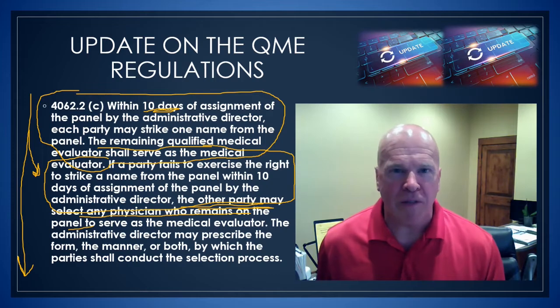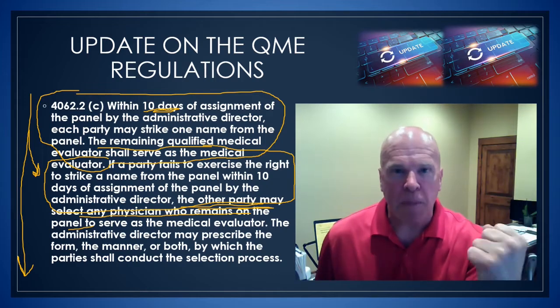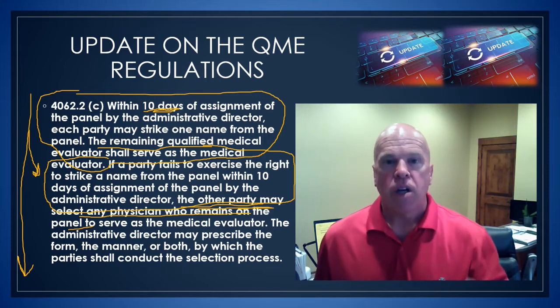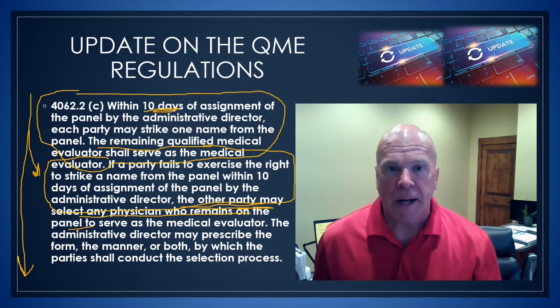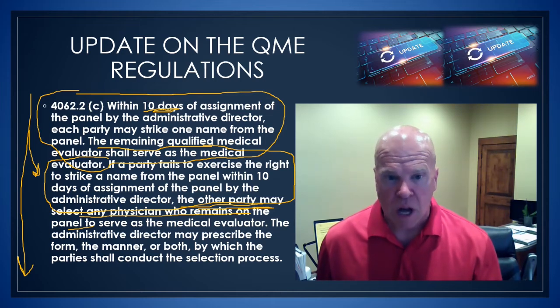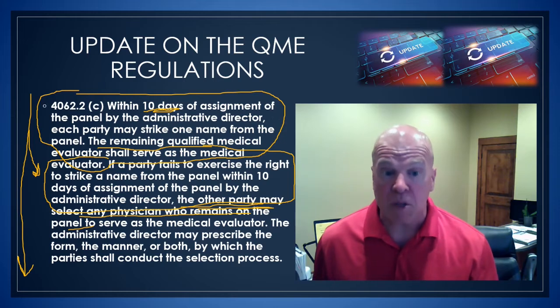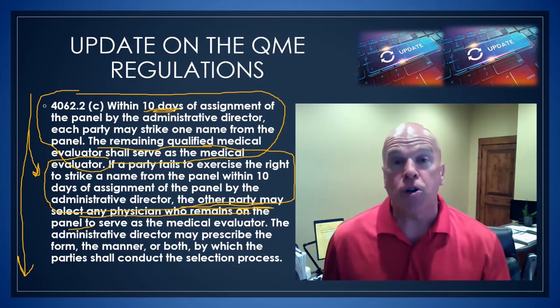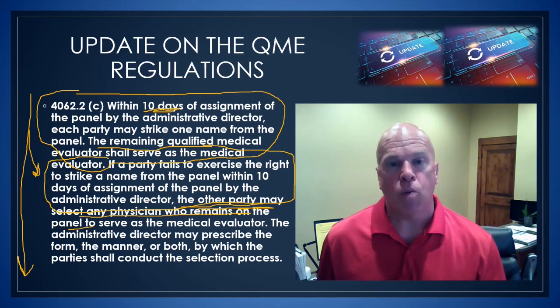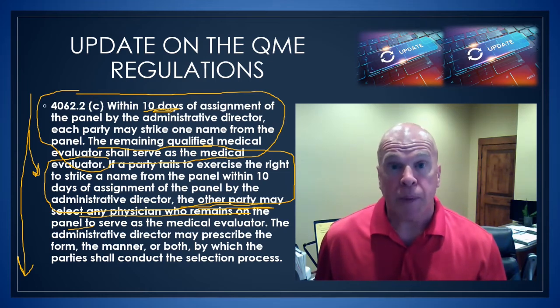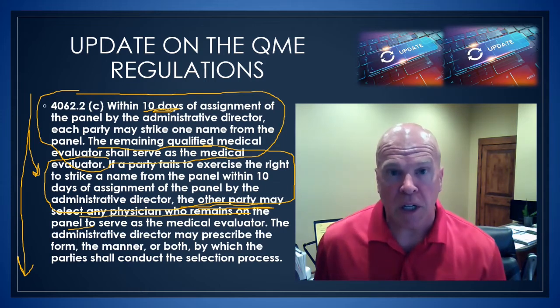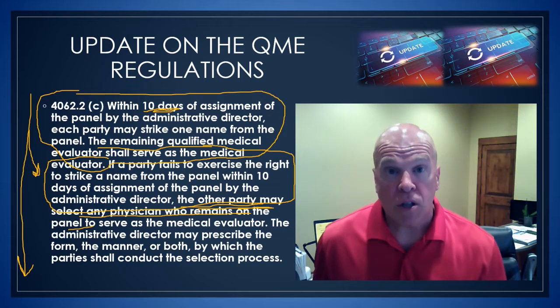And the applicant attorney office is very, very happy because they're able to take control under this code in selecting who they consider to be the most favorable physician on the panel. But don't you know, this raises the opportunity for dispute, okay? Whereas the top section of this code, there is no dispute. The bottom section of this code has tremendous opportunity for dispute. What is the dispute? What if the other party, say for example the defense attorney, says, we never got a copy of the panel. We didn't know the panel was ever issued. We never were presented with an opportunity to strike. We're objecting to the specialty of the panel, and